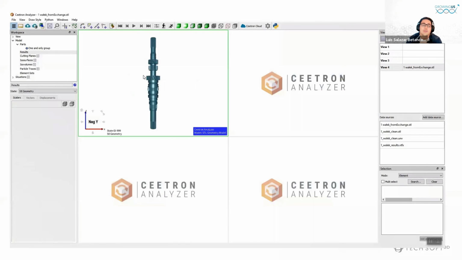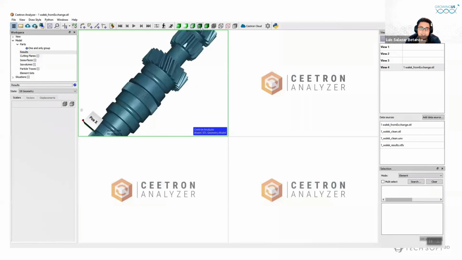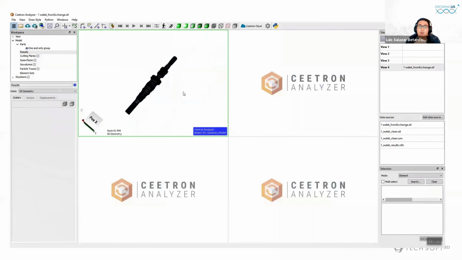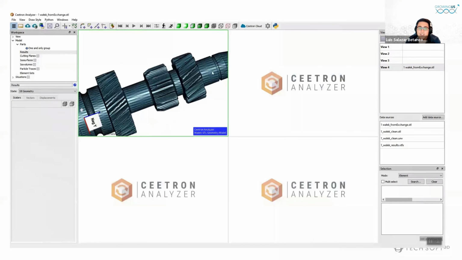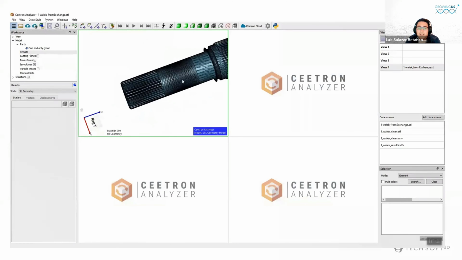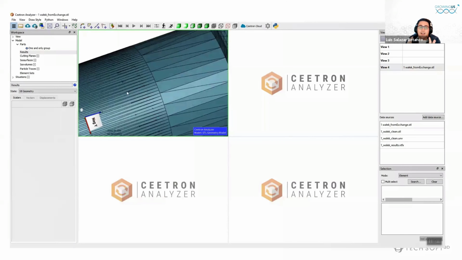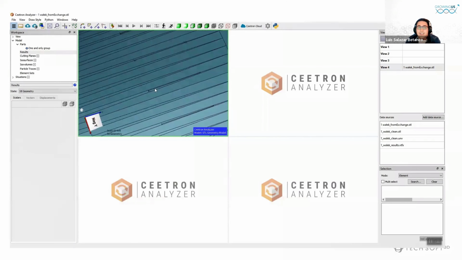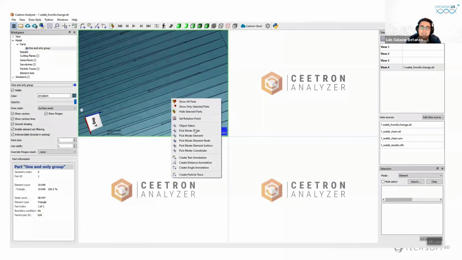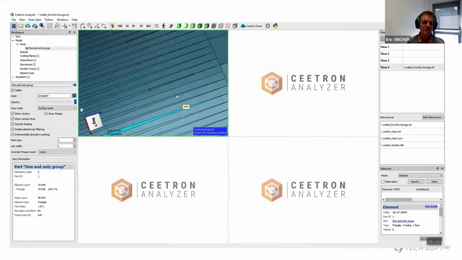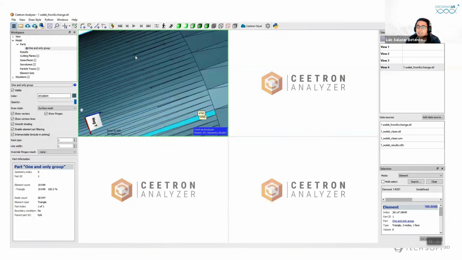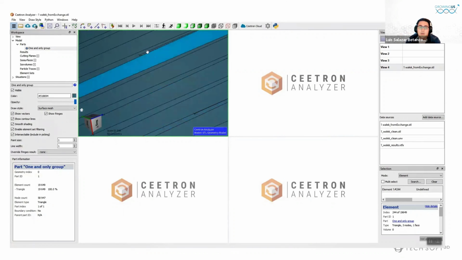So I will open such model in Citron Analyzer visualization, and we will display now the exported mesh. We can see that the geometry is there in only one part. We can see there is no result yet, and we can see that the first tessellation has been generated. But while inspecting the model, we notice some kind of artifacts. Actually, there are some kind of not well exported tessellation that are natural when exporting a CAD model into a finite triangulation. So this is quite complicated because it's a key ingredient when starting the CAE workflow.